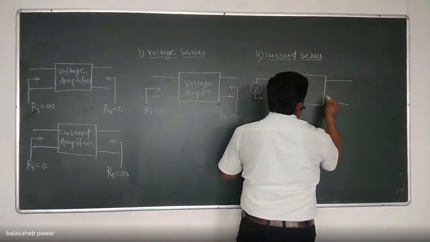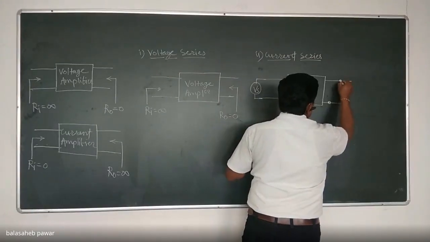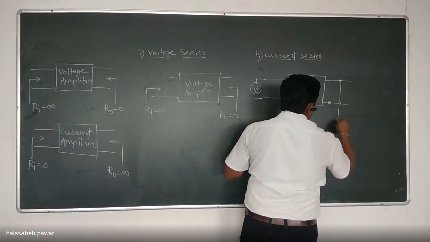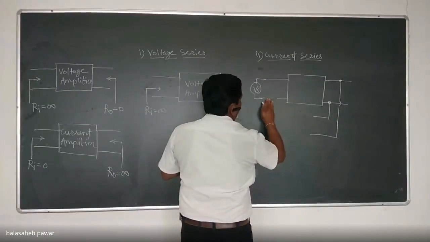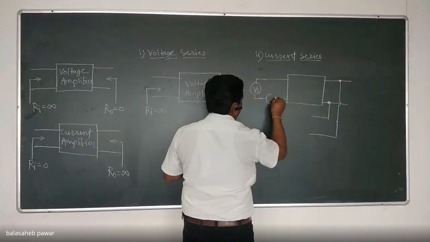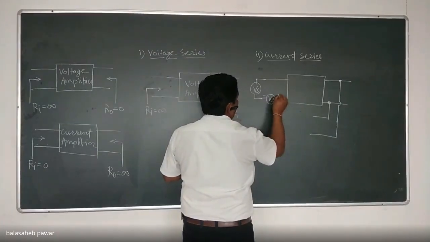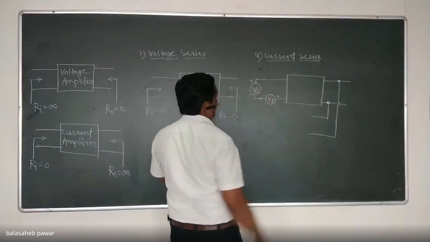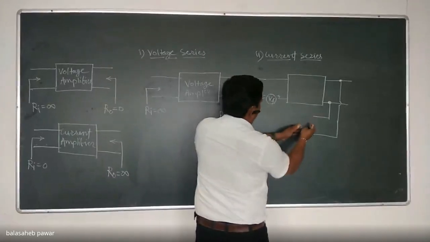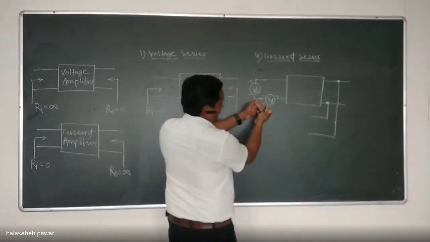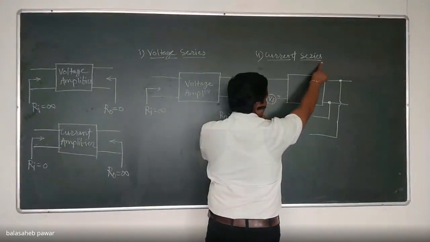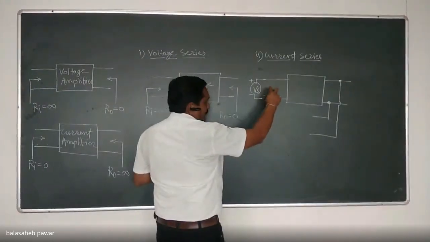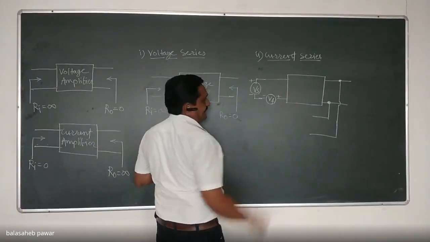Voltage source. Correct. And as you are taking the sample as a current, that means the sampling network should be connected in parallel. It will be like this, right? And we are feeding back the feedback signal like this. This is nothing but my VF. If I denote it with such a sign, this feedback signal is nothing but VF. In general it is XF, but it is already clear that the type of mixing is series, that means it should be a voltage source, and that's why I directly wrote it as VF.